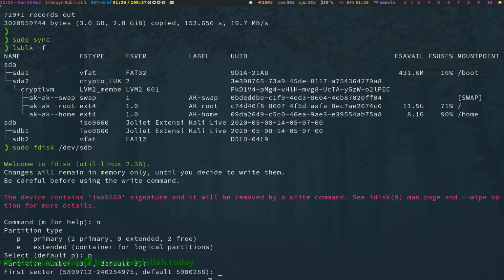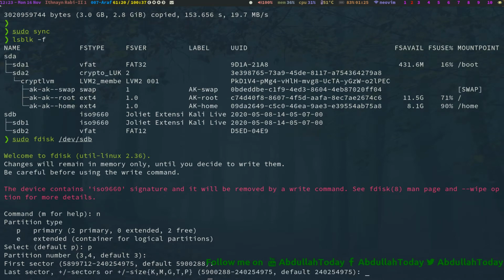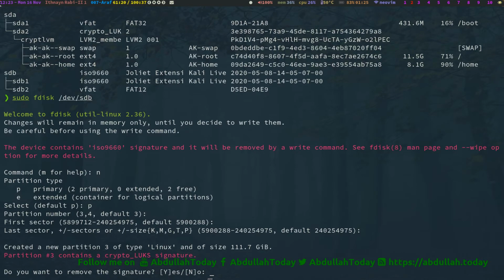If you don't want to do something else on the USB, and you want to allocate all the space which is left on this USB drive, and all of this space is going to be encrypted, just press enter, again enter.